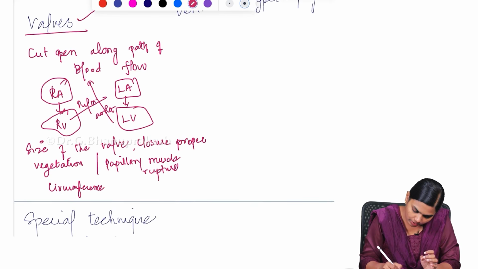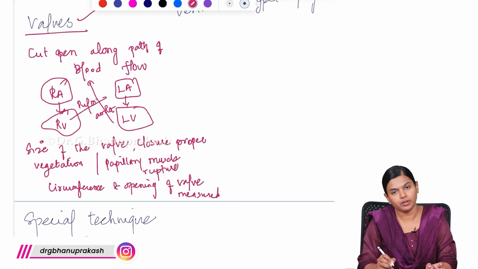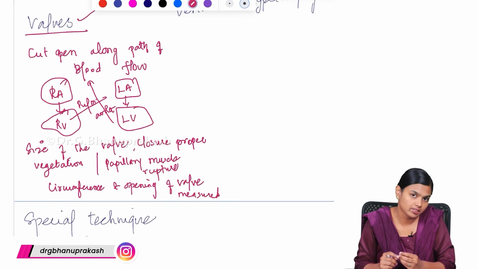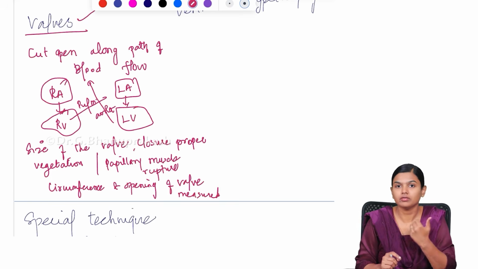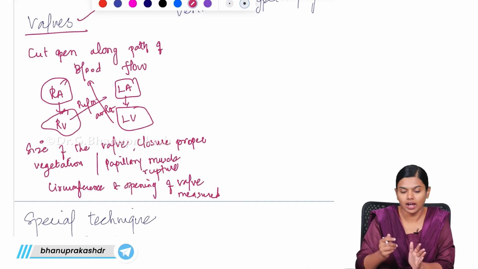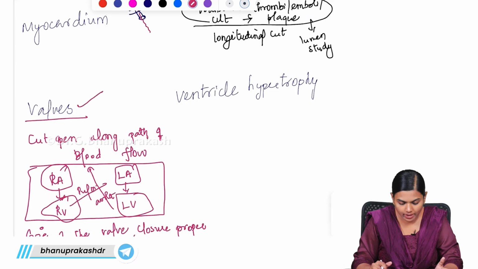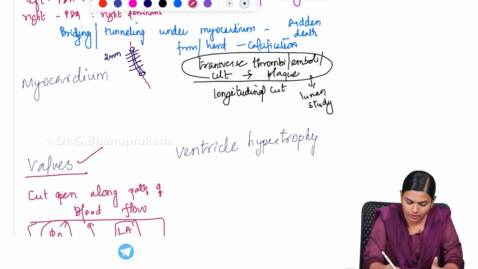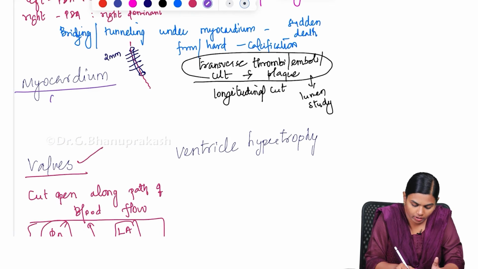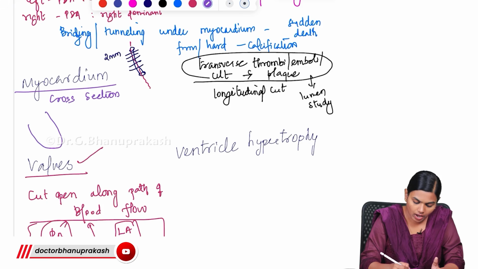The circumference and opening of the valve should be measured. This is very important because there are a lot of valvular diseases, a lot of valvular stenosis that can result in death. So, these things can be seen while opening the heart, and it is usually done along the pathway of the blood. This is how you usually do it. And there is one more way where you can cut open the heart, and that is by giving cross sections. So, if this is your heart, you will make a transverse cut